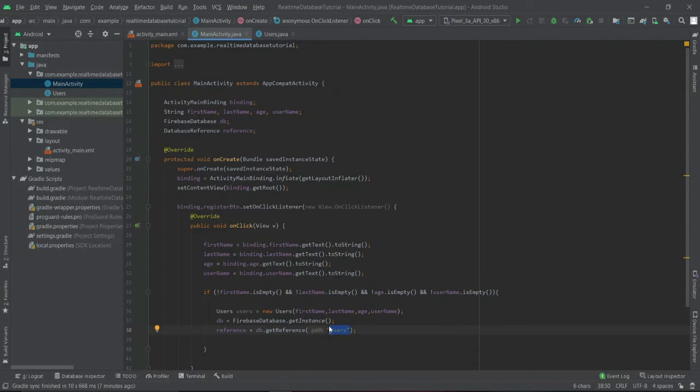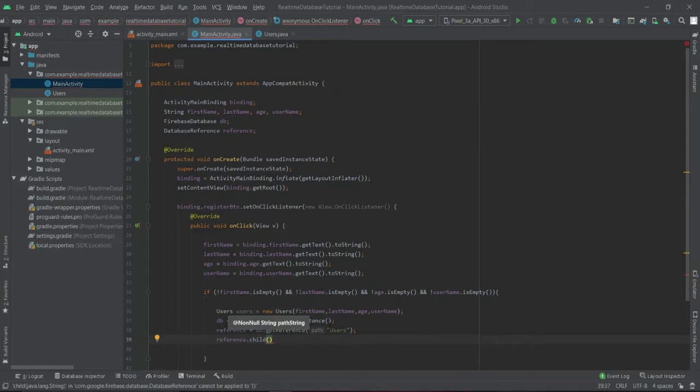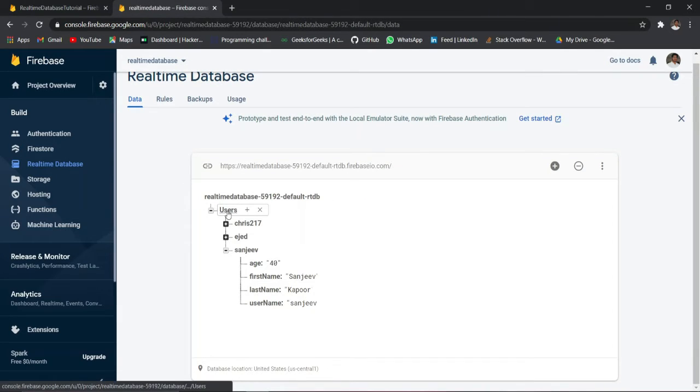So now we'll be using this path reference to add the data. So reference dot child. Let me just show you. So this is the child node, and inside this child node we'll be adding these elements. So we need the name for this node as well.